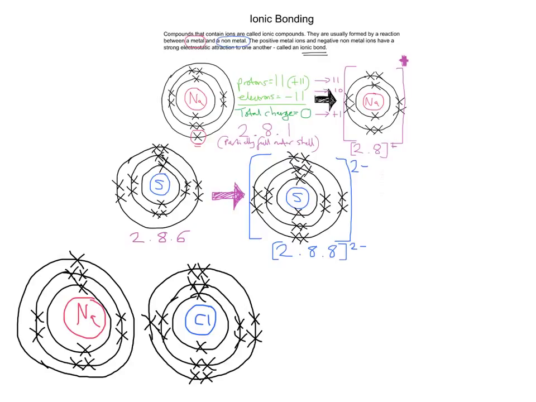So its atomic number is 17. Now clearly you might be able to see that sodium wants to lose this electron, and chlorine ideally would want to gain 1 here. So you can represent this reaction in an exam question by showing the movement of the electron